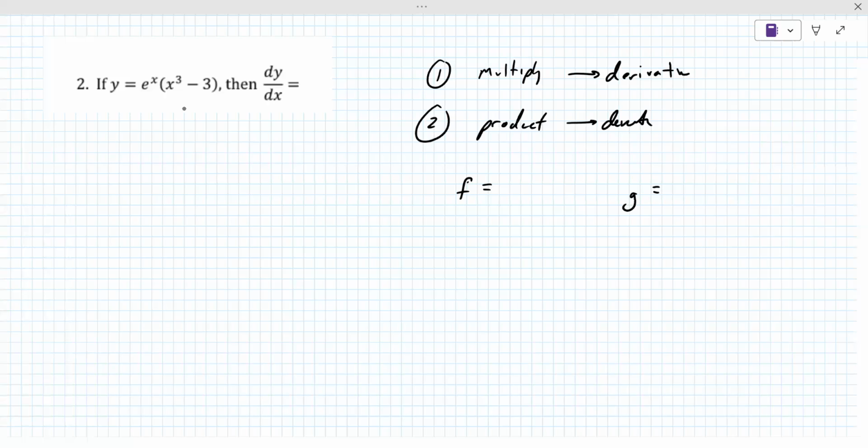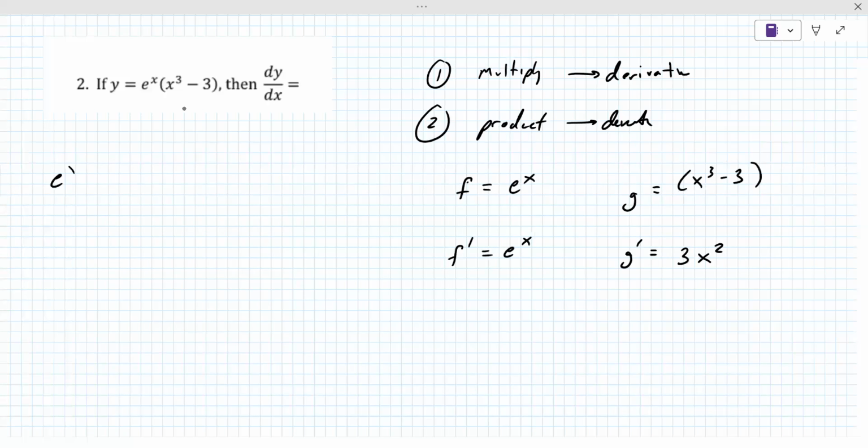Usually I write out the F and G. Okay. All right, so F, we'll call e to the X, derivative is e to the X, X cubed minus 3, and then 3X squared. When you form the product rule derivative, okay, it's good if you can do more simplifying